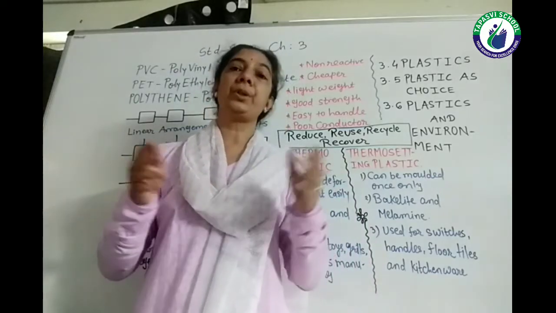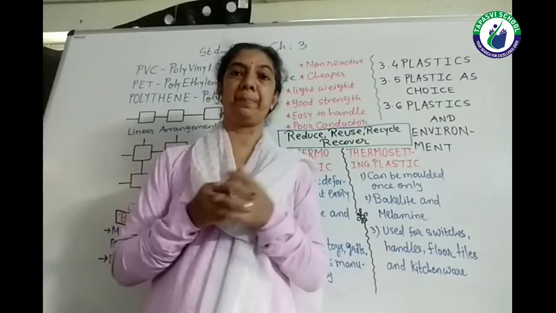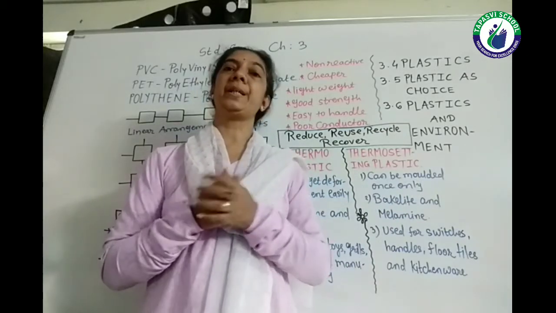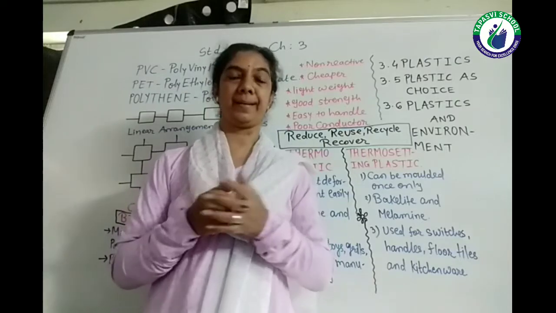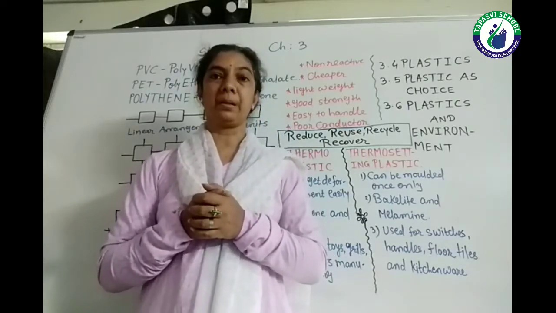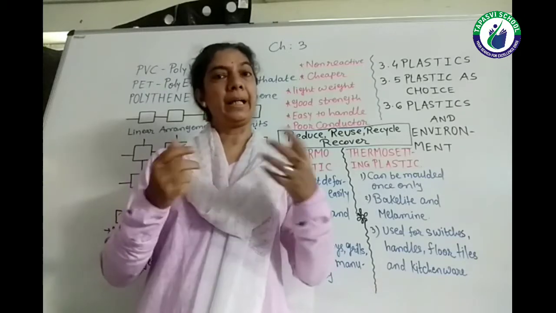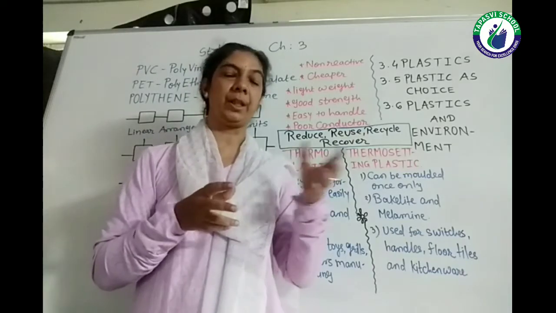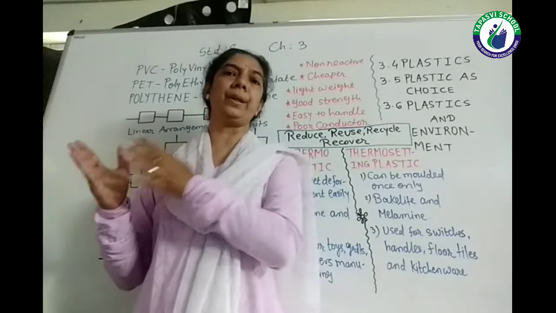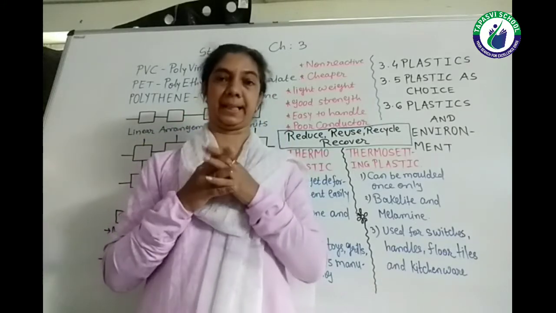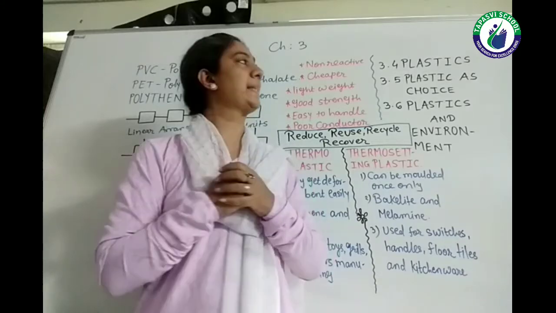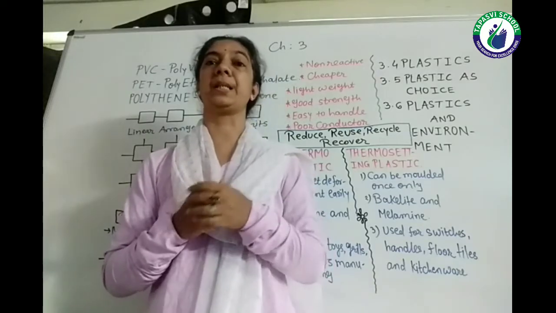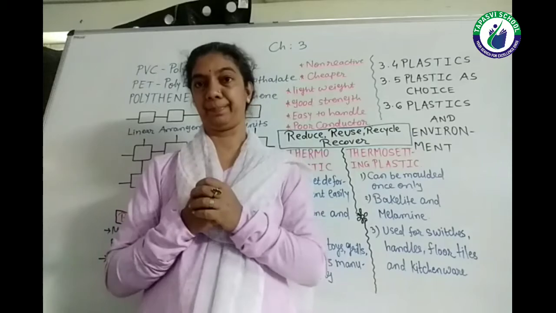Then where we are using this plastic? Very common and simple question, and you are having more easier answer for that. That nowadays plastics are used to make chairs, buckets, mug, scale, any kind of container, handles, utensils used in kitchen, and still so many things that we are making from the plastics. So the question is that why we are using plastic everywhere, or why plastic is the first choice as material.